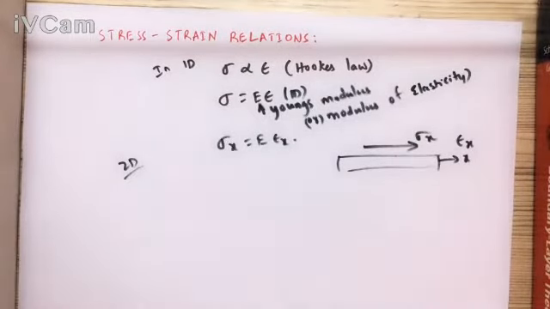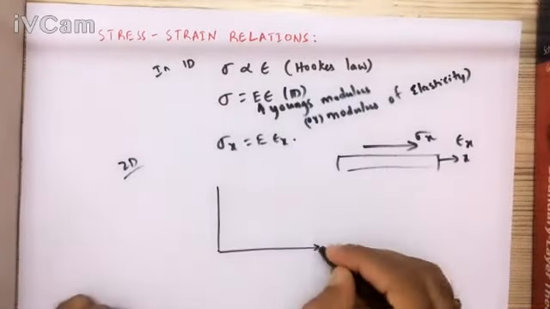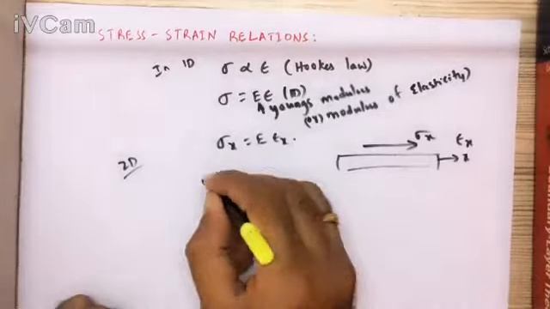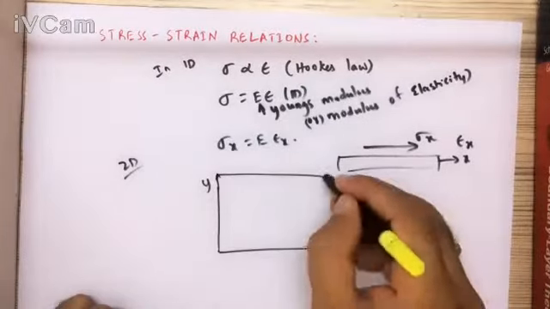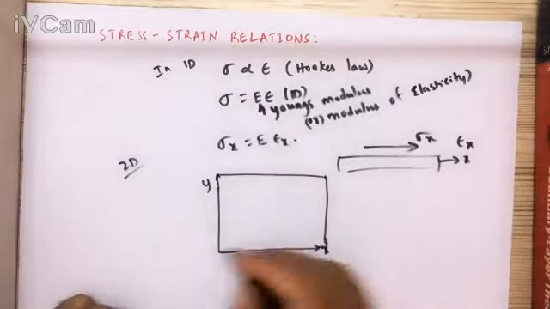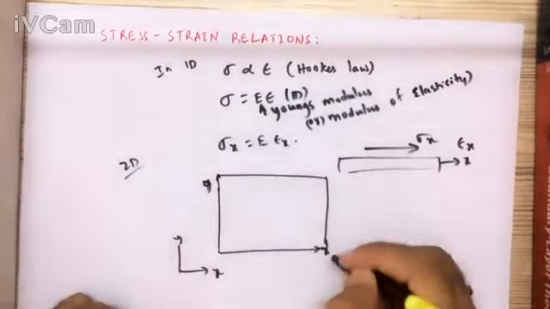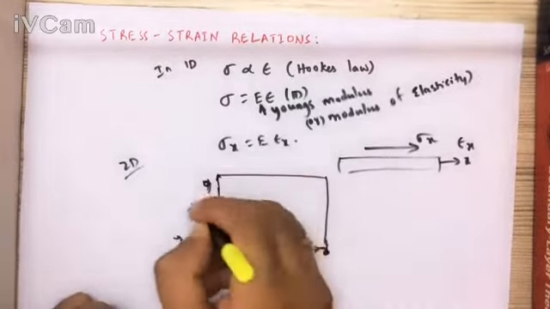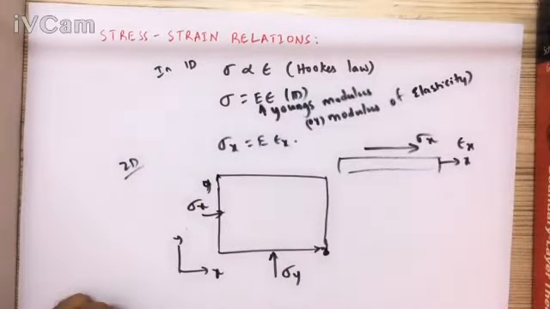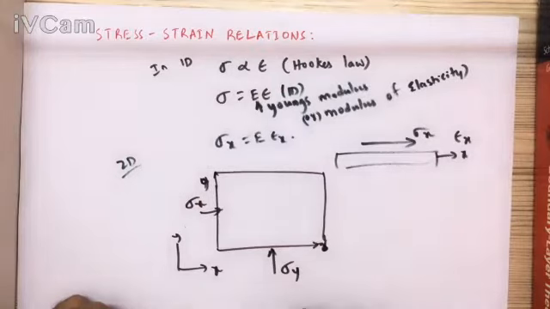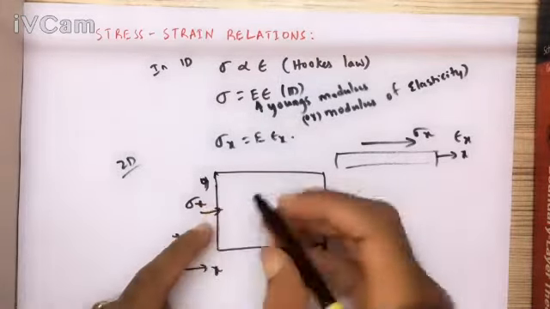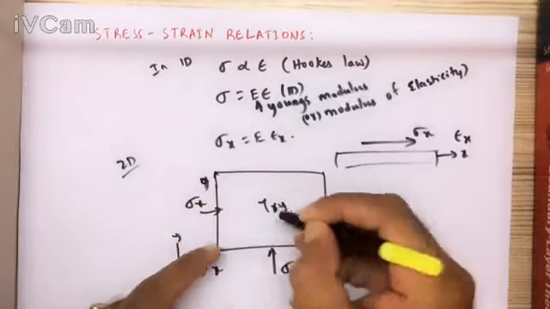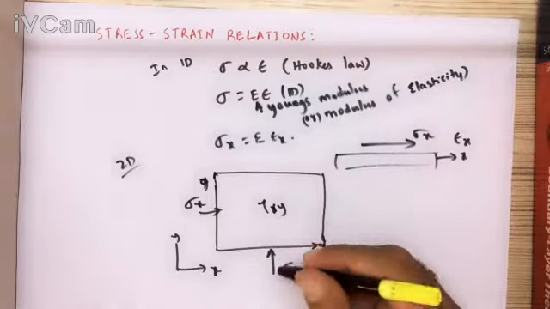If it is 2 dimension, then you see here in 2 dimension you have both x as well as y. So let us take a plane, xy plane. This is my xy coordinate. So in x direction, that would be sigma x, and in y direction the stress would be sigma y. We know these are the normal stresses, right? Now when you have a plane, then apart from these two normal stresses, we have another stress called shear stress, and because this is xy plane, that would be tau xy.